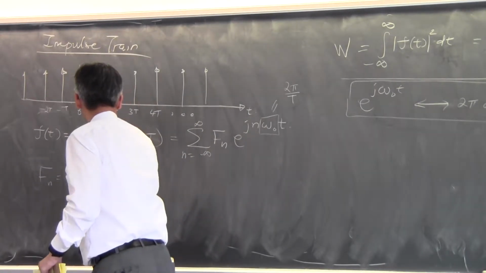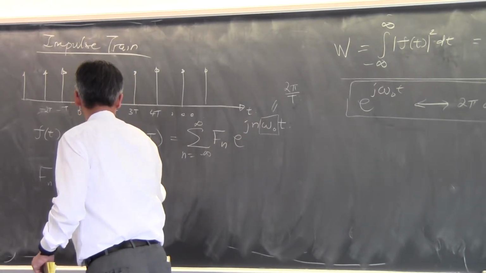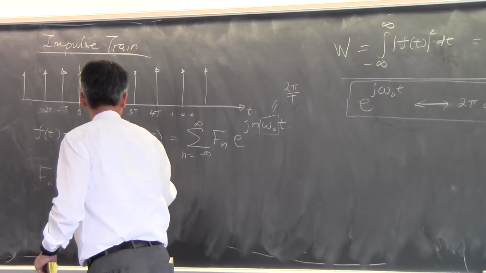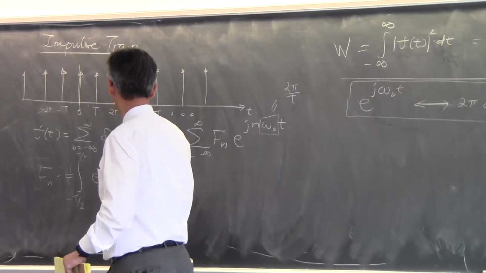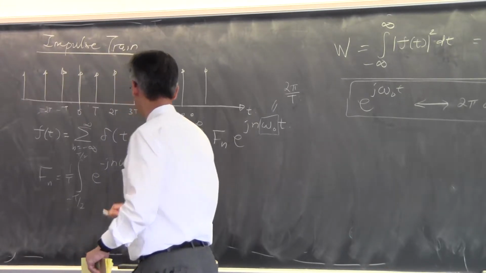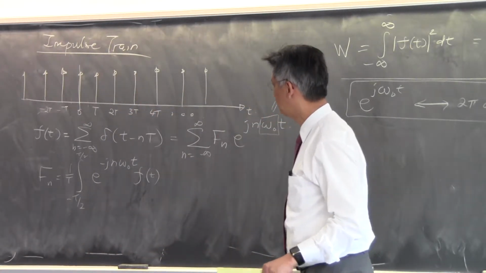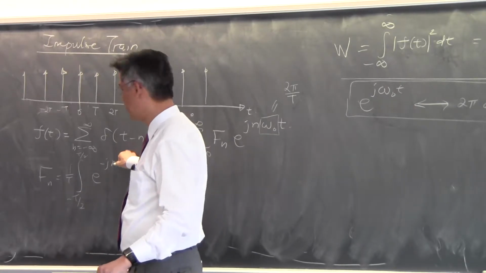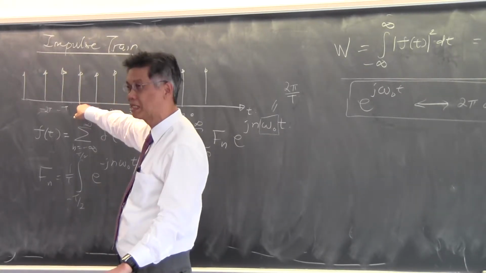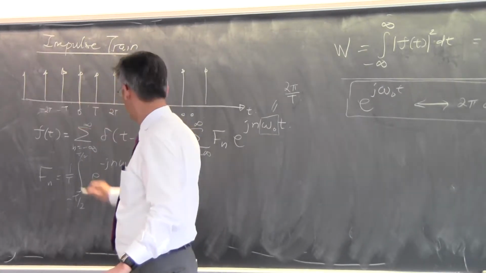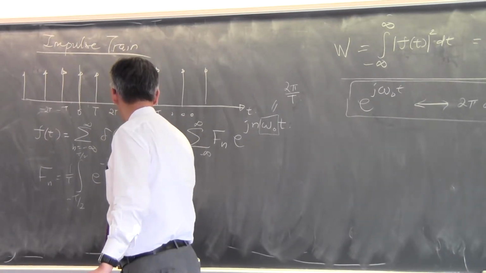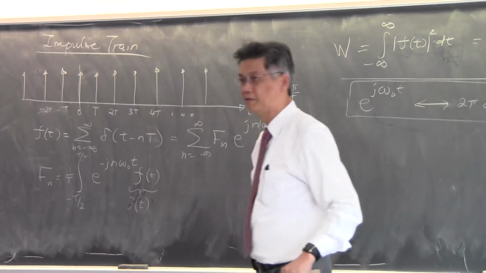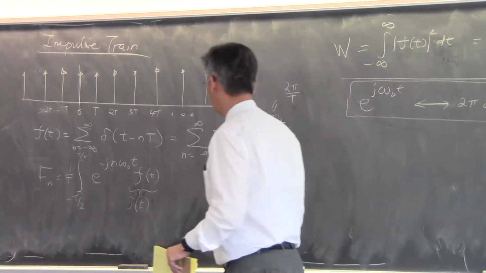And then I multiply by e to the minus j n omega naught t, and then multiply by this f of t. But f of t is just a series of impulses, and within this window I only pick up one impulse. So f of t is just one impulse within this window, and just that impulse over there. So F sub n,